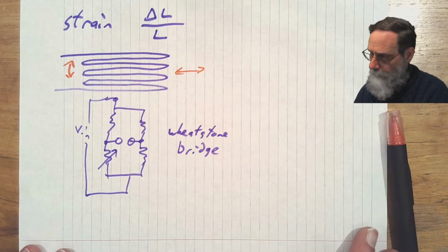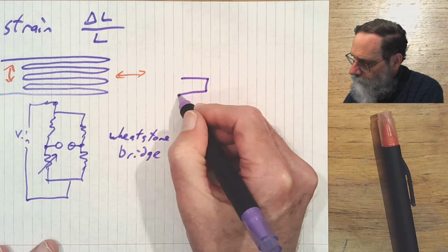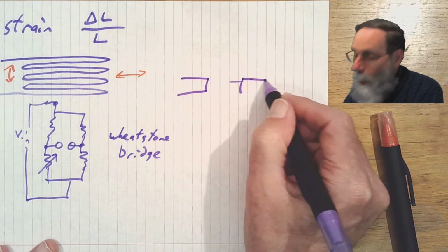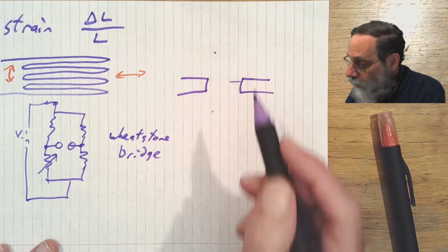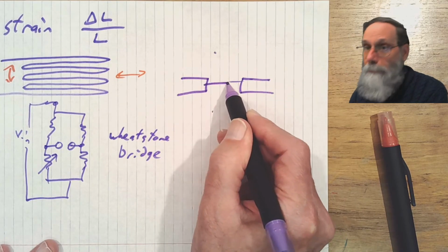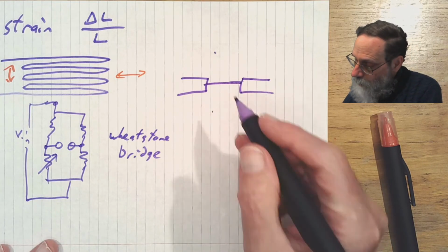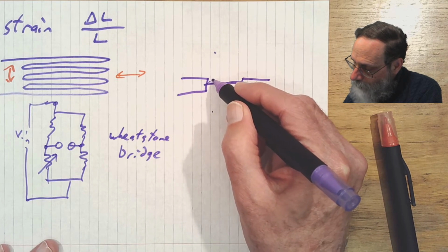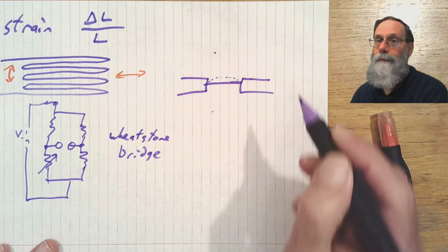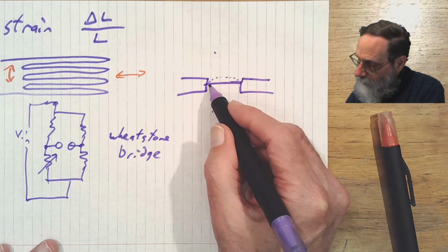How do they work? A pressure sensor basically consists of something with a hole in it. So we have the pressure on one side versus the other. We're going to have a thin membrane of some sort between them. And as you increase the pressure, if we increase the pressure on the bottom, we would bend this membrane upward. And if we increase the pressure on the top, we would bend the membrane